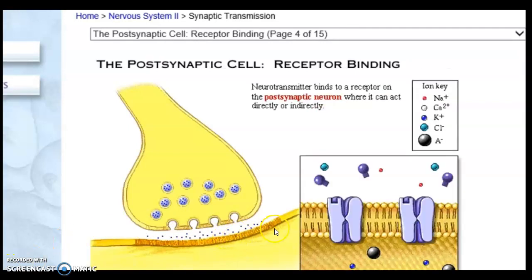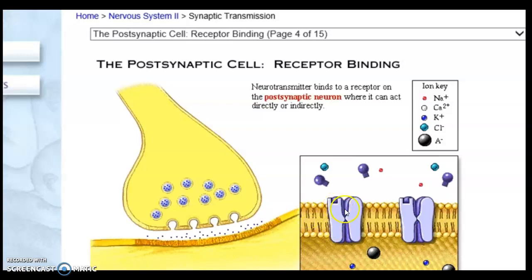Here's our postsynaptic membrane. Here are our chemically gated channels, the ones I like to call the key doorways. Here's a neurotransmitter that's been released, and it's going to go to the key doorway to open it up and then allow ions to flow in. Now, this would be the direct